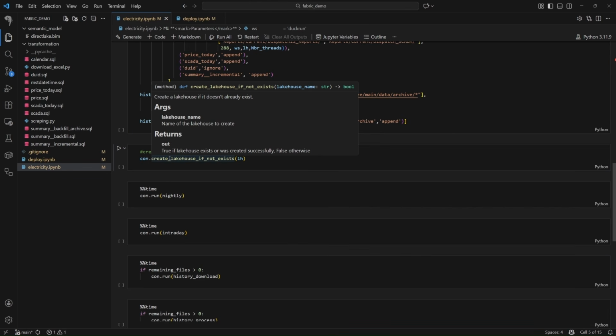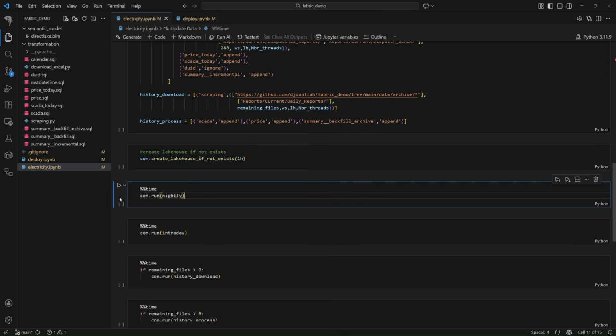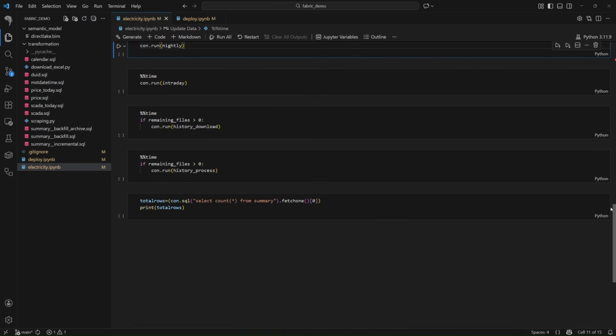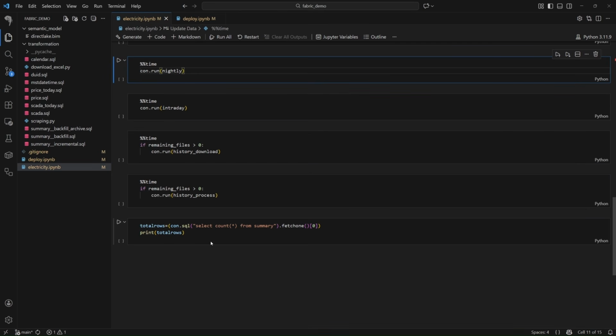And it's using the Fabric API. This functionality, we had it since day one, but now with a coding agent, it's extremely simple. You can just ask any model and say, just create this function, and they do it. So here it will run the nightly, here the intraday, and because it's Python, you can do all kinds of fancy logic. And here at the end, just to make sure it works, I just